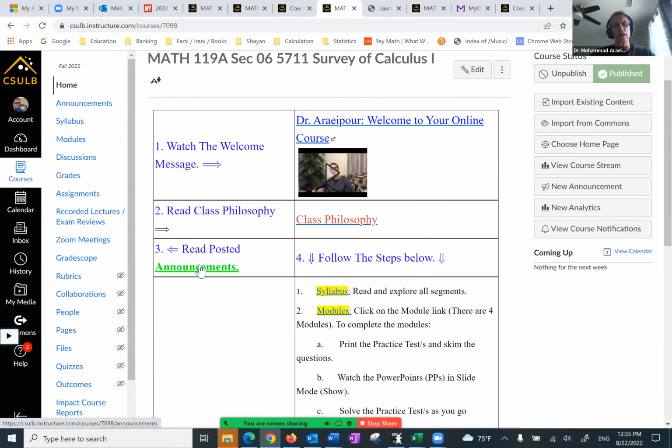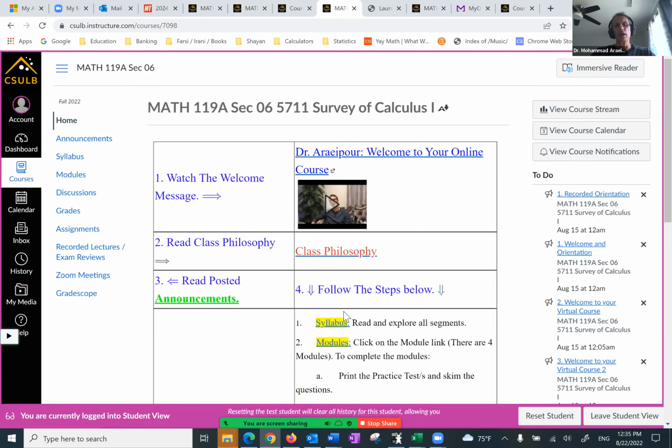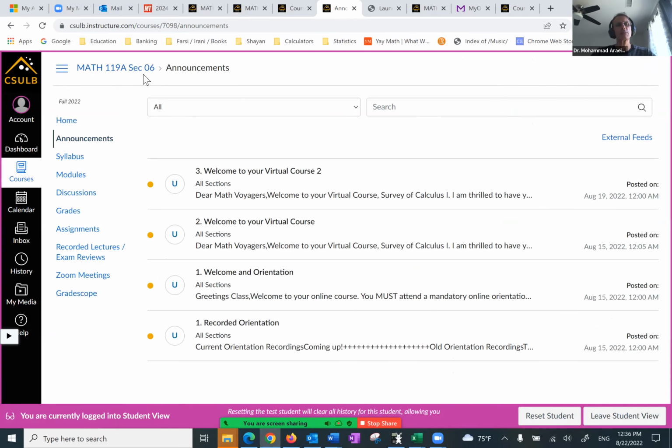The third one is the announcements. Now, you can click on the announcements here or on the left navigation bar. First, let me just put this in student view. Then you can check these links, making sure they work. If you click on them, you should see the same section number. So when I click on it, it is the same section number, which means the link is working. If anything, let me know if any of them is not working properly.